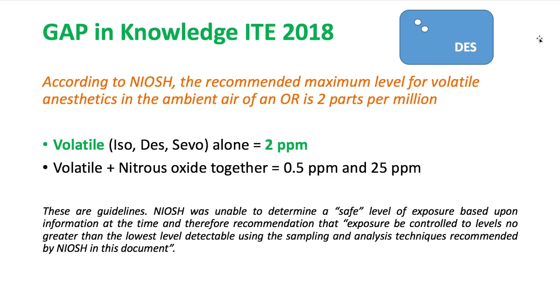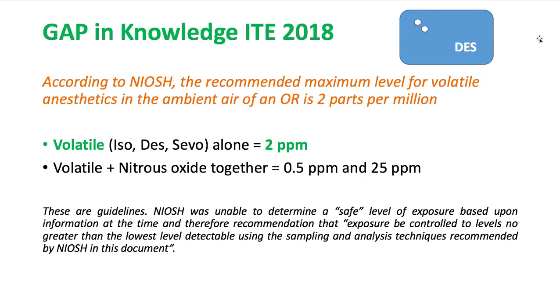This 2 parts per million that comes from the National Institute for Occupational Safety and Health is just a guideline because there is no, quote, safe level of exposure that has been determined. This was a very low level of ability to detect, and they couldn't detect lower than that at the time this was determined, so they just said, okay, we're going to make 2 parts per million the limit because it's the lowest level detectable. If you can smell a volatile anesthetic in the room,